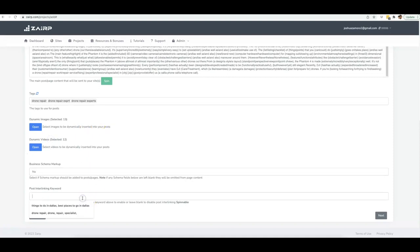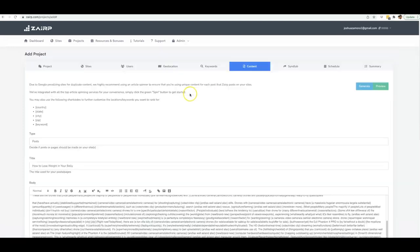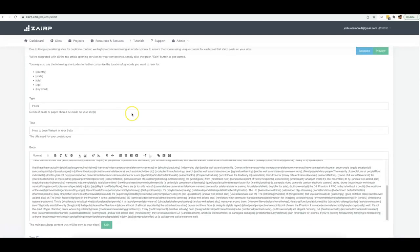You also have the ability to interlink content. Okay, the reason that Wikipedia ranks so well is because it interlinks just about every single word to another piece of content on its site. So we've built that same ability for you to do that automatically inside of Zairp. You just input which keywords you want it to interlink to other posts on your site and do that by keyword. And now that this is done, all you got to do... oh wait, I also have to change this up